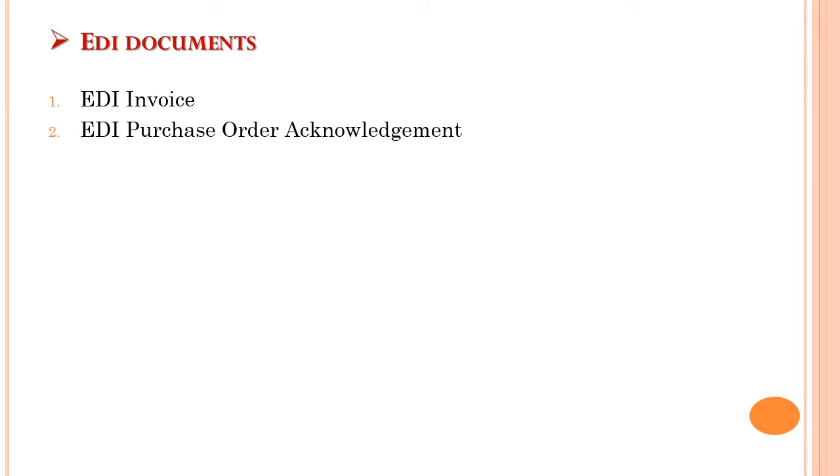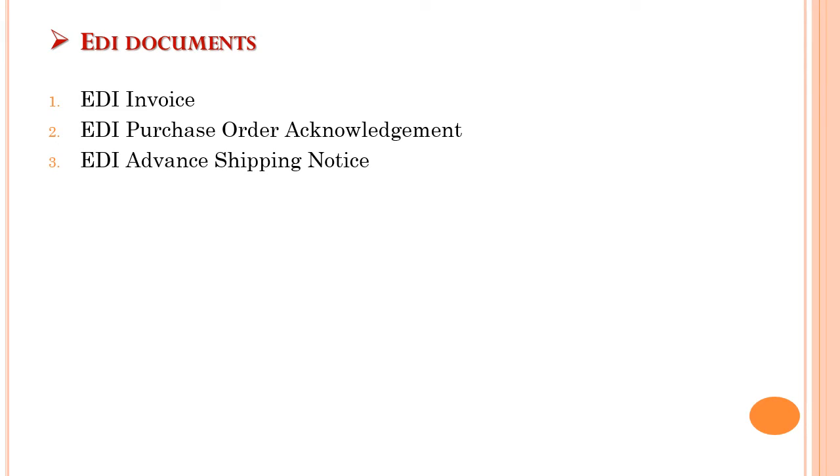Next is EDI purchase order acknowledgement. When a supplier receives a purchase order, they will send a purchase order acknowledgement back to the customer to accept or reject the order. When accepting the order, the purchase order acknowledgement will summarize the order in full and confirm that processing of the order is starting. When rejecting the order, the supplier can indicate what information about the order needs to be changed, such as the shipping date or a product that is out of stock.